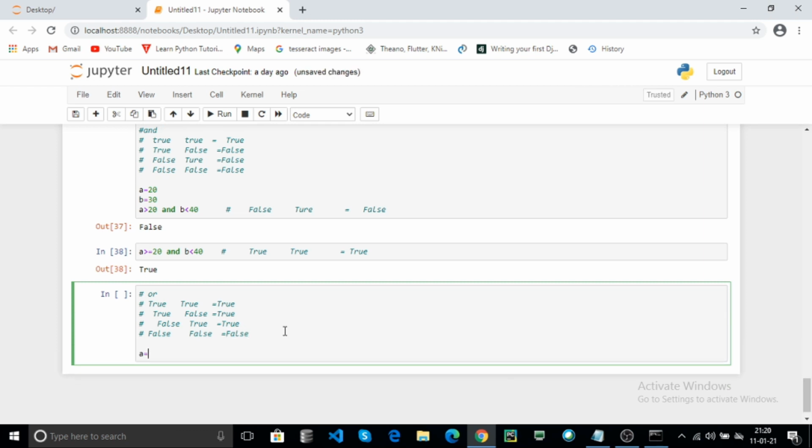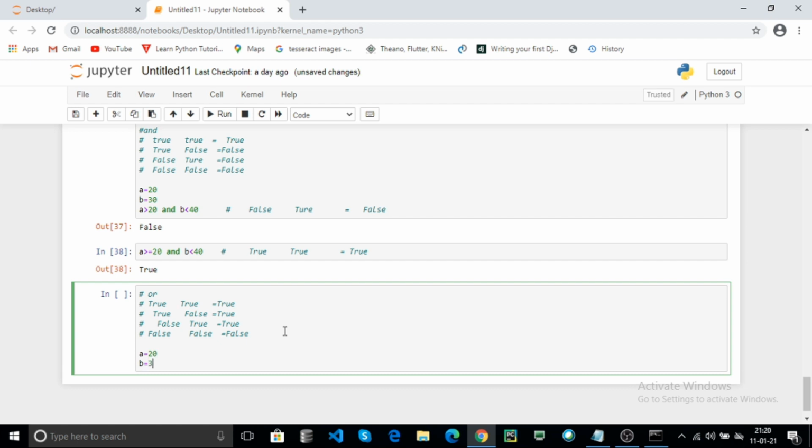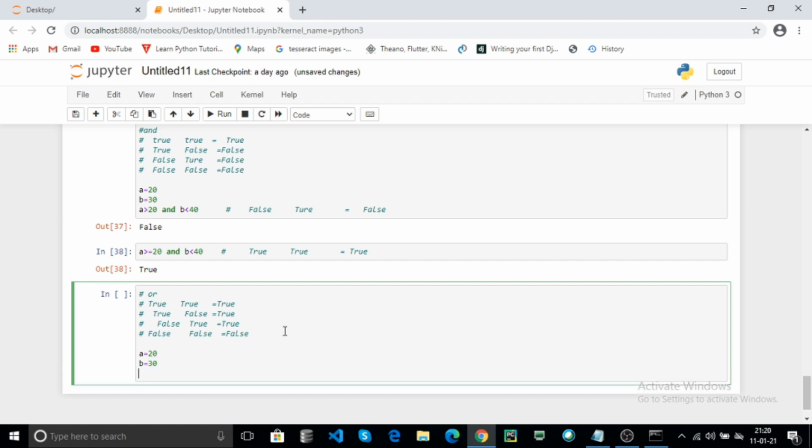Now here a equal to 20, b equal to 30. Here apply the same operation, a greater than 20 or b less than 40. Here this condition is false, this condition is true.